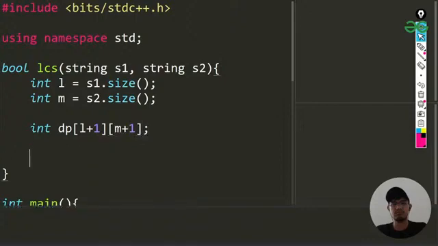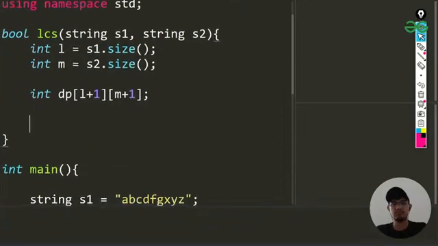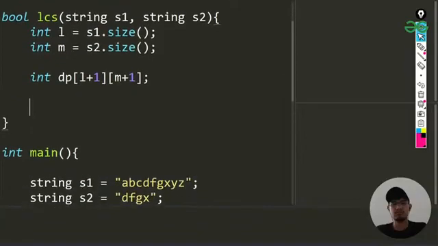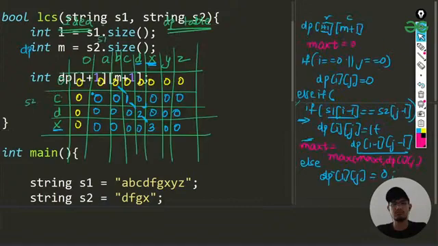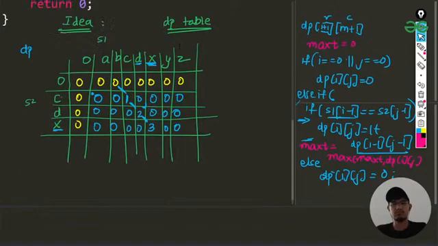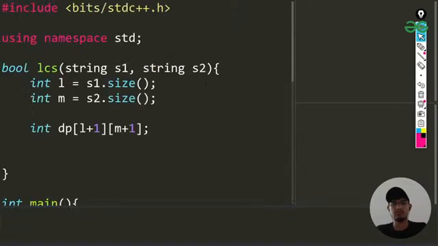Okay, now we are going to be iterating into these strings. We'll be iterating into s1 and s2. Basically we'll be iterating the whole thing which we have discussed, right? We'll be iterating this whole part, so that we can fill these values. Okay, so let us continue.